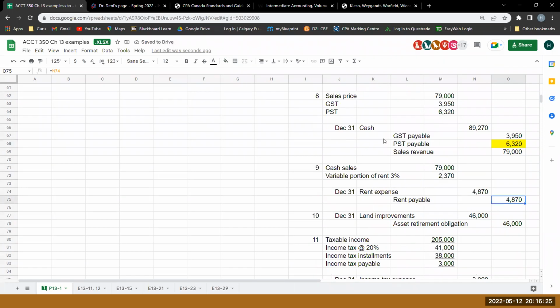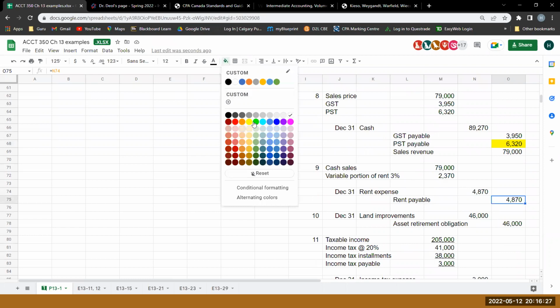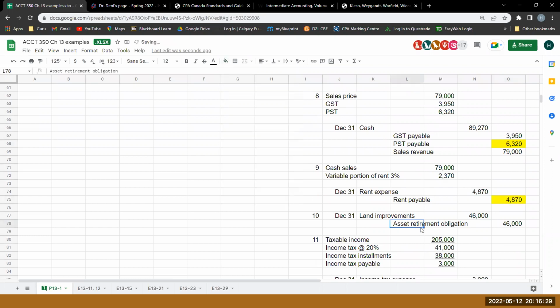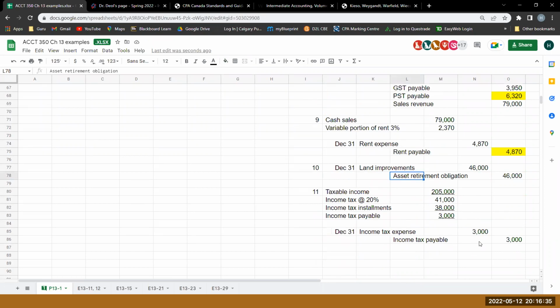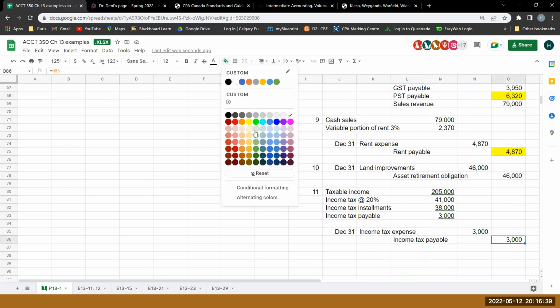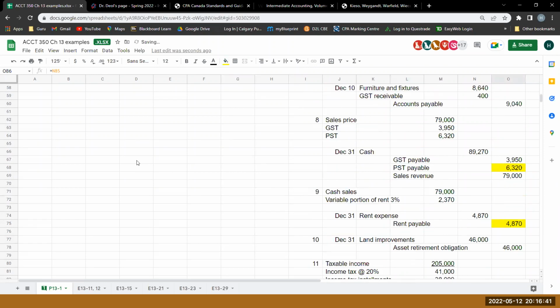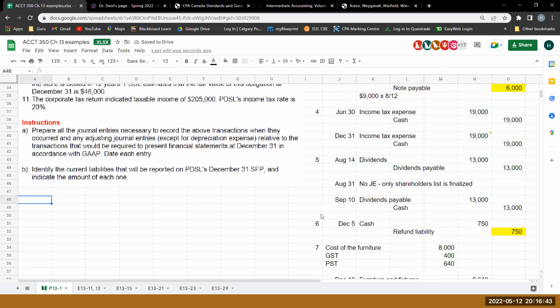The rent payable will show up as a current liability. The asset retirement obligation is a long-term liability, so that doesn't get included in my current liability calculation. The income tax payable is. So if I was to prepare a listing of my current liabilities,